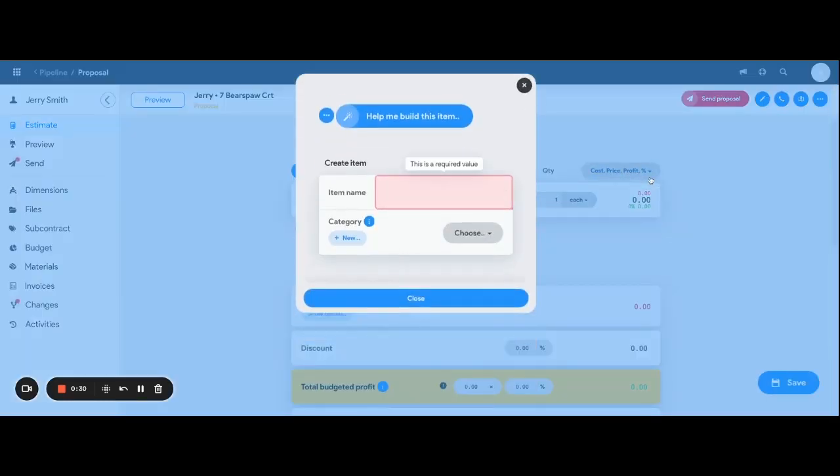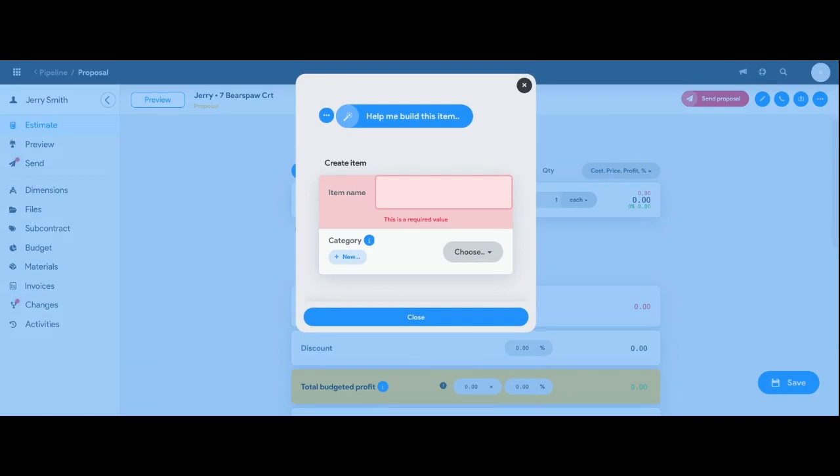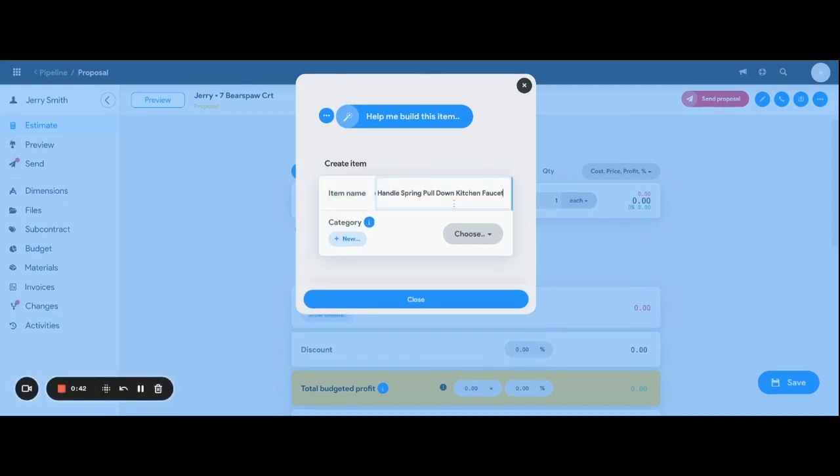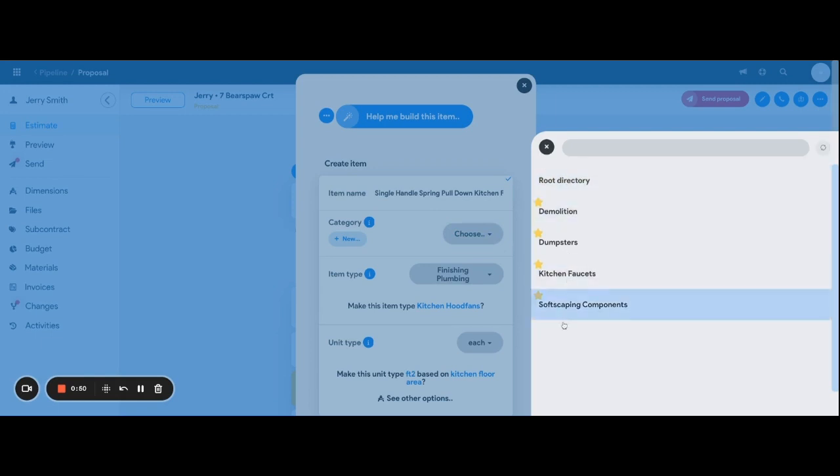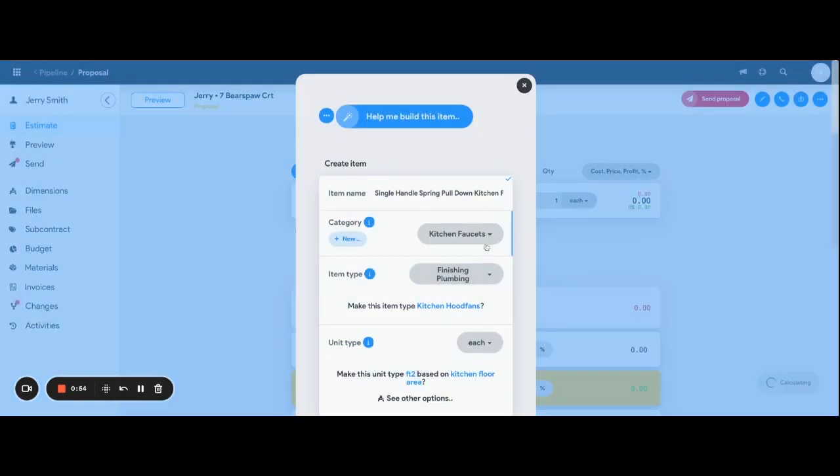It's going to bring up an item name category, which is where you can actually then go in and call your item whatever you'd like to have it called. So for today, we're going to be doing a faucet. The category is where it's going to go into your library. You have the option to create a brand new version, or you can go choose and see if there's any created. Because I've already created kitchen faucets, I'm going to select that one, and that's the spot that we'll go